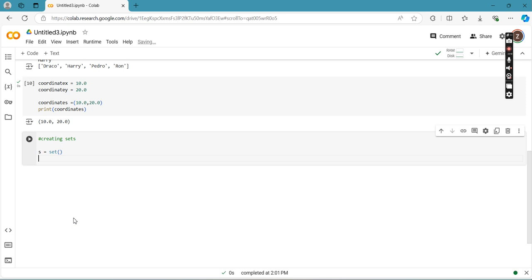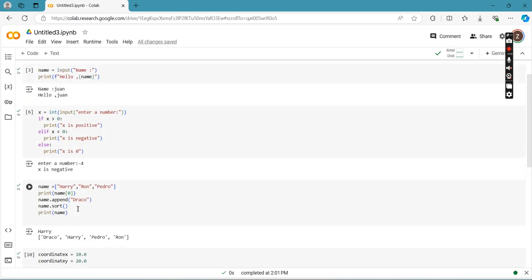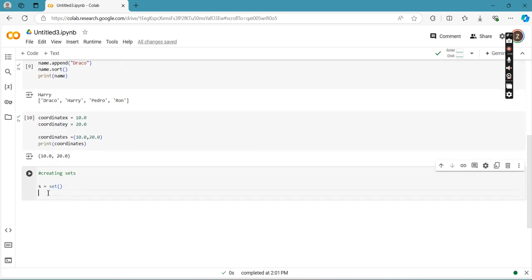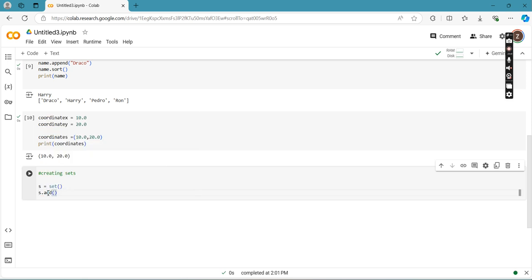Now I would like to add values to my set. To do that, instead of using append, since append is for list, I could use the function add.